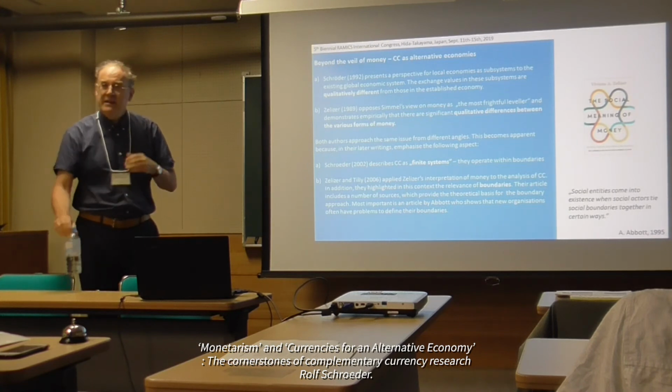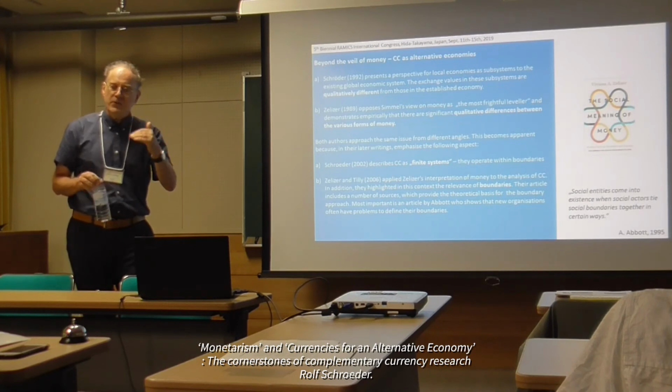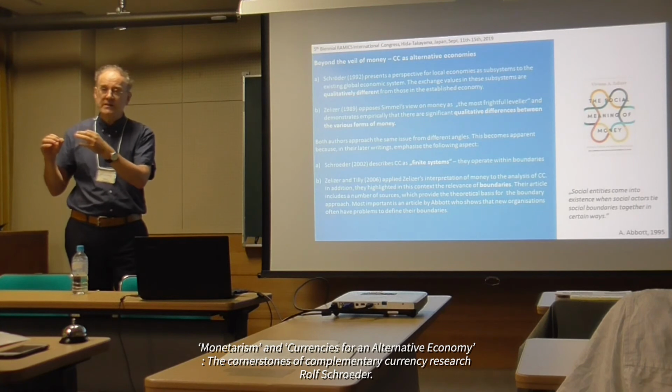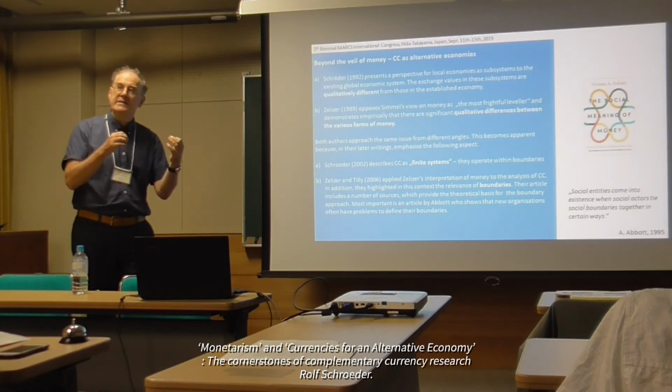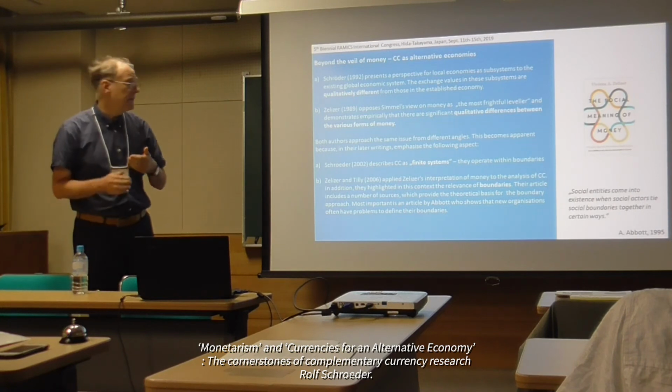And the crucial point was really that value levels were different. You had different value levels in these alternative local systems than in the established capitalist system. That was the crucial point in this